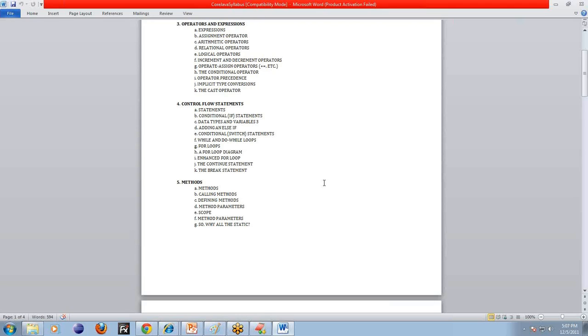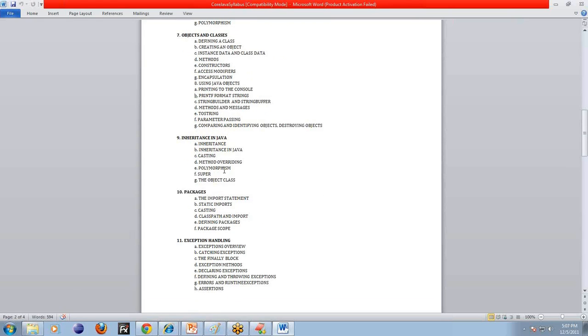And we are going to discuss how to declare packages, and after that exception handling, how to handle the exceptions, what constructs are available, and what the advantages and disadvantages are. How to read inputs and outputs from files or other data sources, and the collection framework, how to manage the objects, all those things we are going to discuss.